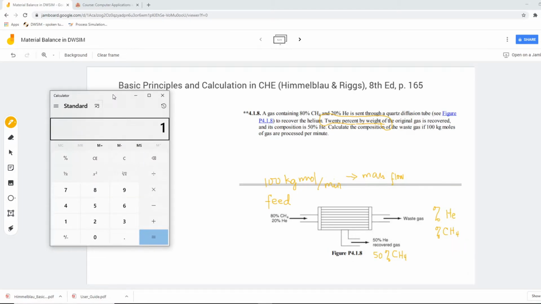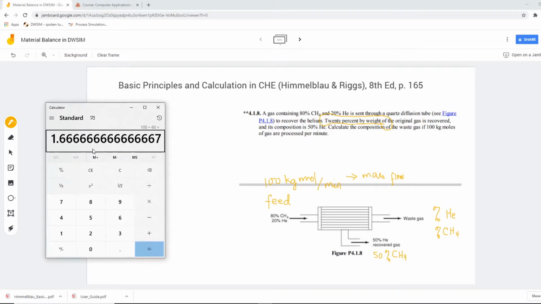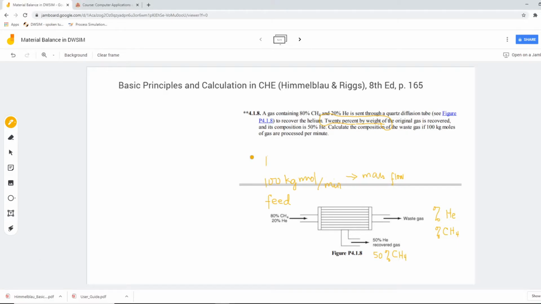So converting 100 kilogram mole per minute into kilogram mole per second, we just simply divide it by 60 seconds per minute, right? So that would give us 1.667. Let me write this here, 1.667